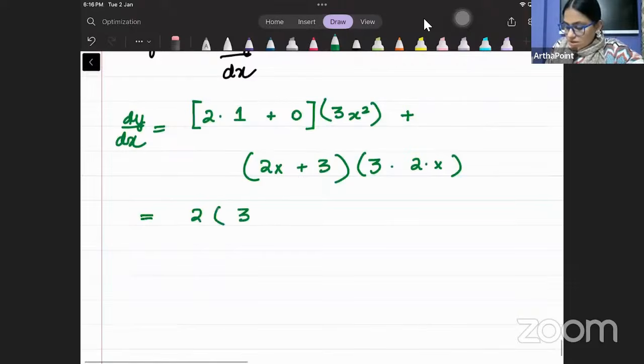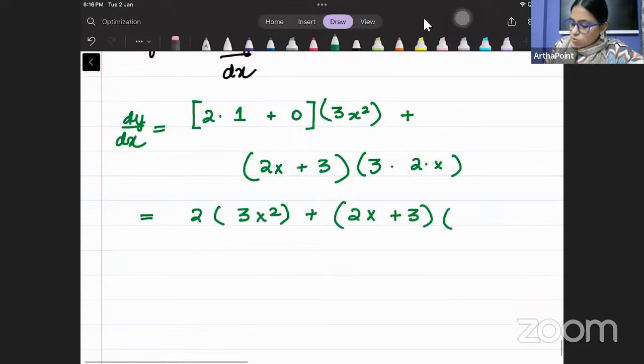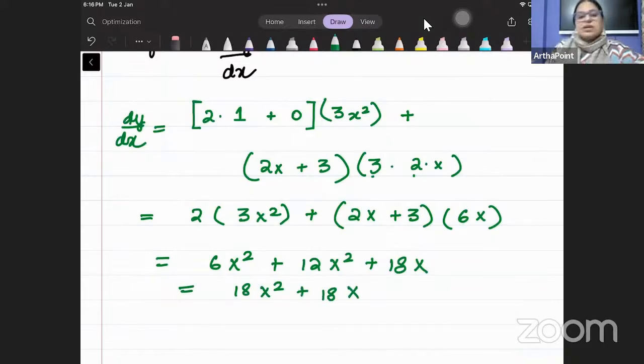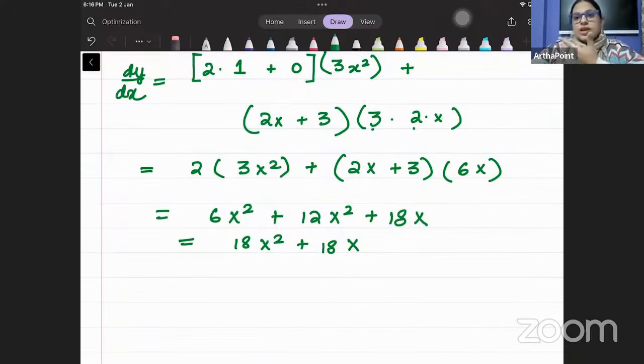2 इंटू 3x² प्लस 2x + 3 इंटू 3 इंटू 2 हो गया 6x। अब इसको हम ओपन कर लेंगे बेटा, तो ये हो गया 6x² प्लस 12x² प्लस 18x। तो बच्चा ये बन गया हमारे पास 18x² प्लस 18x, और ये इसकी डिफरेंशिएशन हो गई। तो ये हमारा हो गया प्रोडक्ट रूल, जिसमें हम डिफरेंशिएशन ऑफ फर्स्ट फंक्शन इनटू सेकंड एज इट इज, प्लस डिफरेंशिएशन ऑफ द सेकंड फंक्शन इनटू फर्स्ट एज इट इज निकाल रहे हैं।